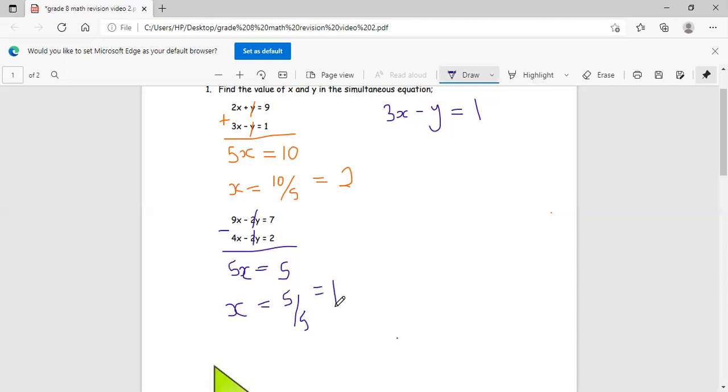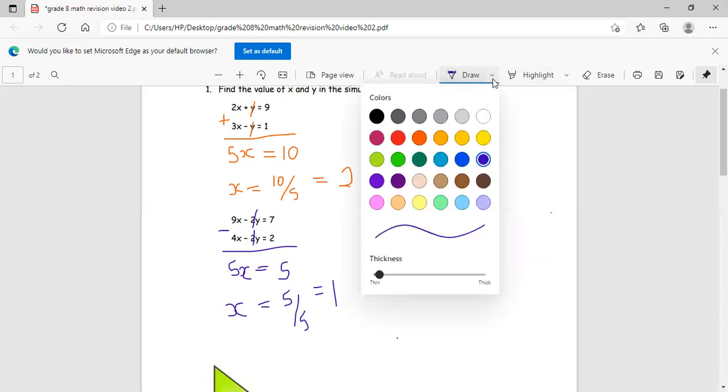Now, what do you think I'll be looking for next? Yes, I'll be looking for y. Because I found x, I have to go back and find y. Like I said, you can pick any equation you like, you will get the same answer, right? So this time, let me pick the first equation. The first equation says